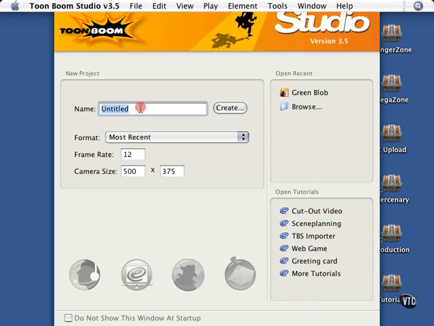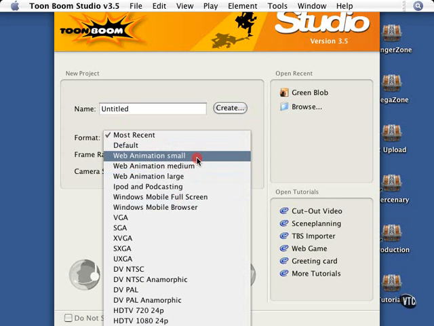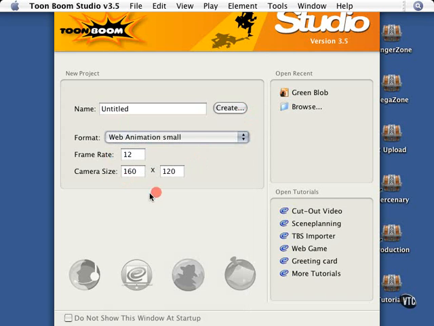Here you can name your project, and once you're happy with the name, you click Create, and based on the parameters here, that project will open. You can also choose from this list. So if you want to do an animation for the web, you choose Web Animation Small, and of course the numbers change here to indicate the parameters. For example, your camera size drops down to 160 pixels by 120 pixels, and the frame rate is 12 frames